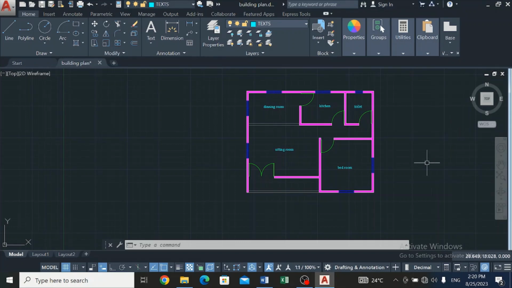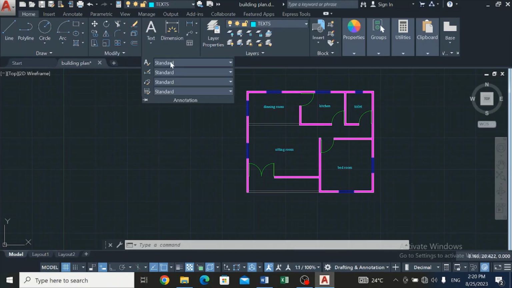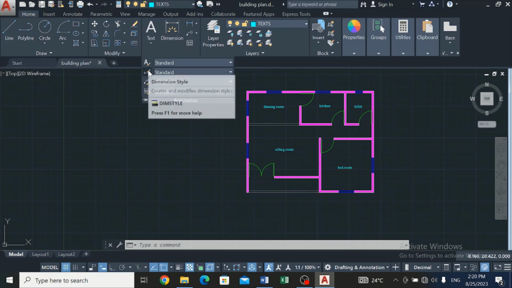Welcome guys, this is the final part of how to draw your building plan, how to actually draw the floor plan of your building. So today I'll be teaching you guys how to do your dimensioning when it comes to your building. Before we start on the dimensions, we have to go to the annotation and we click on the dimension style,